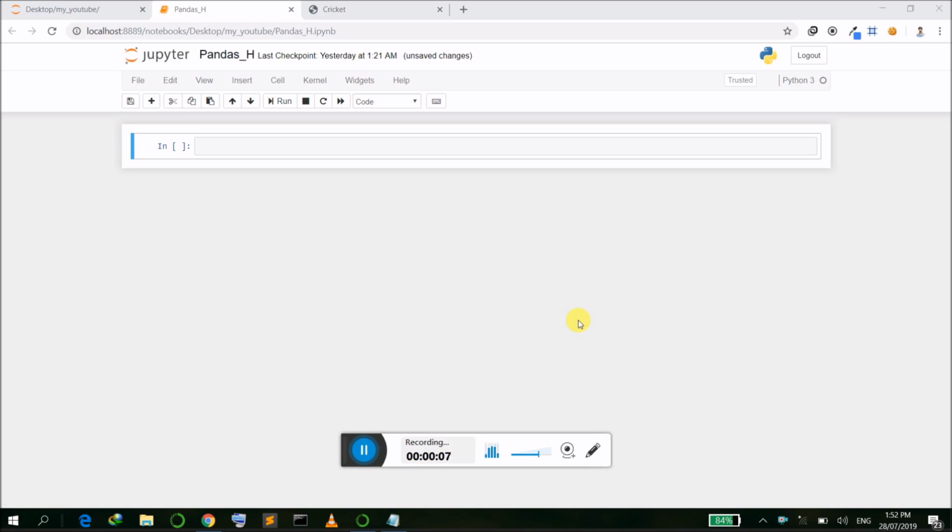So today we are going to see the Pandas library. Okay, so it is a very important library. So let's just import this library. Import pandas as pd,